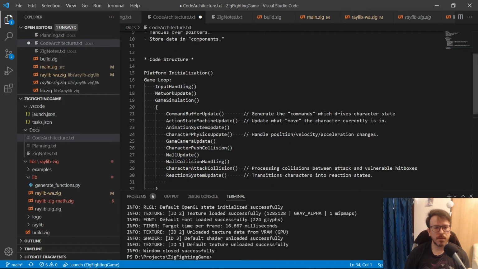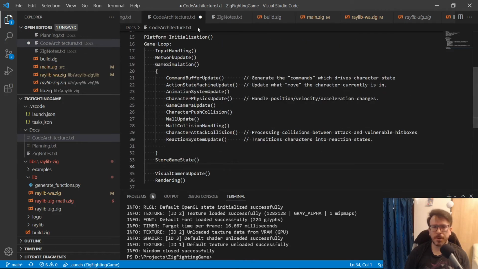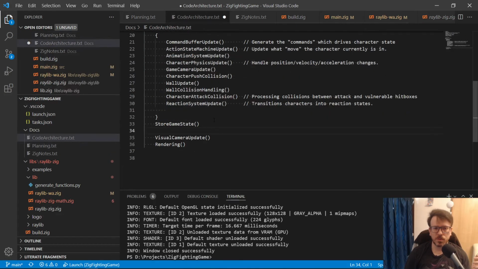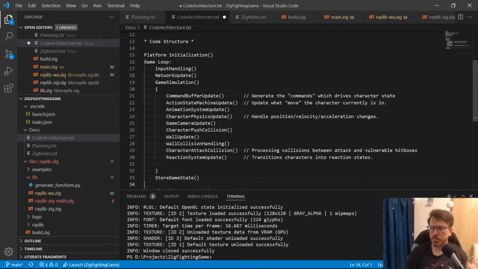Okay, and there's a lot more to do here, but I think I'm going to call it a stream. It's been about an hour, and once we start diving into this code, maybe this weekend I might do a 2-hour stream or something like that, just so that we can get a good chunk done on the overall architecture of the game.